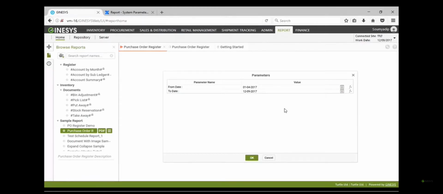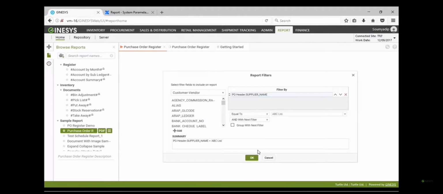So if I run this report, see connected site turtle limited, it's coming up, okay?